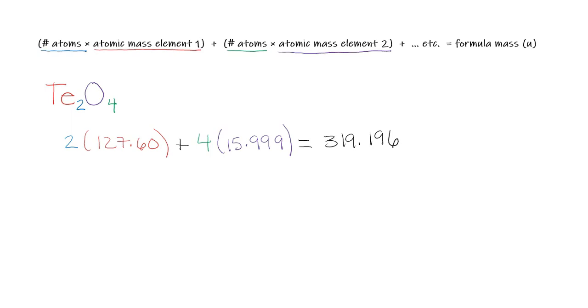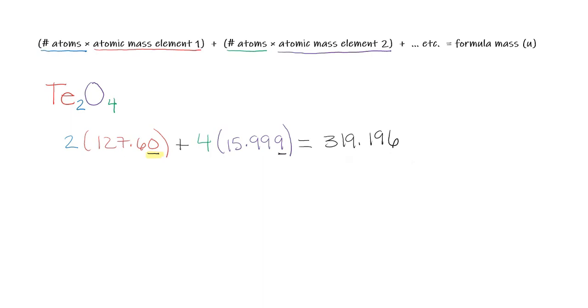Now to deal with the sig figs, first let's mark the final significant digit in each atomic mass. Because both of these mass values have a decimal point, trailing zeros are going to count. So we'll mark the digit that is the furthest right. This would be the 0 for tellurium and the final 9 for oxygen. Then we determine the fewest number of decimal places in these masses. Tellurium has 2 decimal places, whereas oxygen has 3. So the fewest number is going to be 2 decimal places, which means we need to round our final result to 2 decimal places.